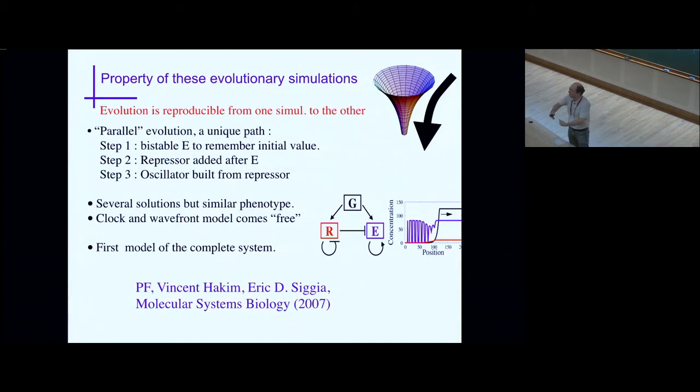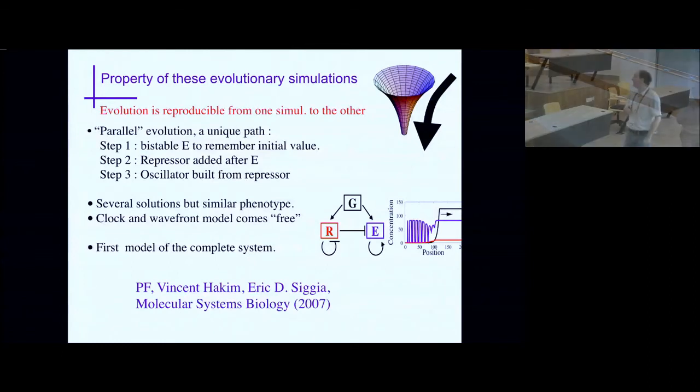So the steps are also the same when you reproduce this evolution, which makes our results robust, at least in this context. We think that in this context, with the hypothesis we give, this is a robust solution that you will find, and maybe this is what happened also in real evolution. So we get many solutions. This phenotype is similar, so you always get this clock coupled to the bistable system.